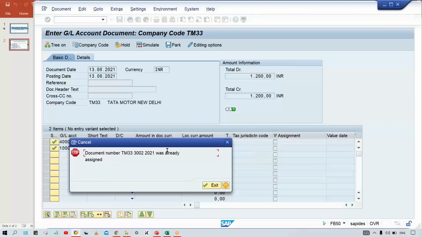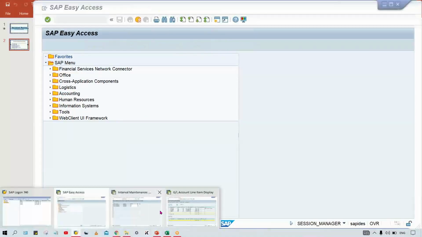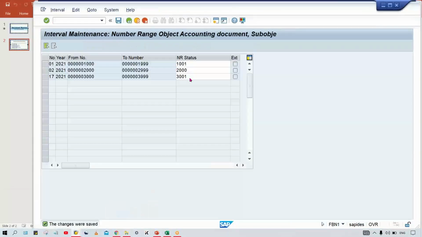Document number, this one is already assigned. So look at here, guys. This is like a cancel message. Cancel message means here you need to exit only. Okay, it means in background, even though the park document is deleted, right, in background it is going to be updated somewhere, and it is not possible to use. So if you exit, 3002 once again is going to be updated automatically. Here it will update. You come back,